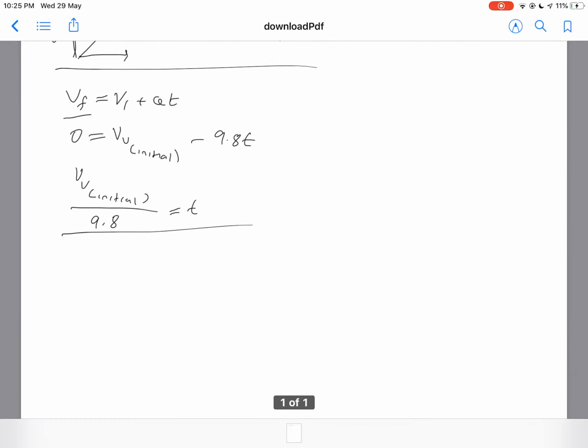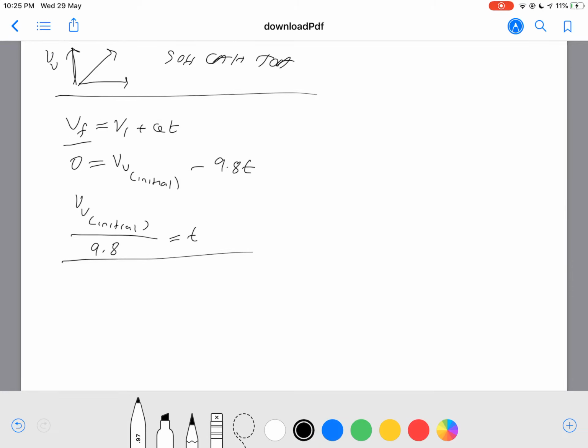Another question I might ask you is how far vertically does the ball travel? How far upwards does the ball travel when it reaches the top? So what's the maximum height of the ball, basically? That's what I'm trying to say. What is the maximum height of the